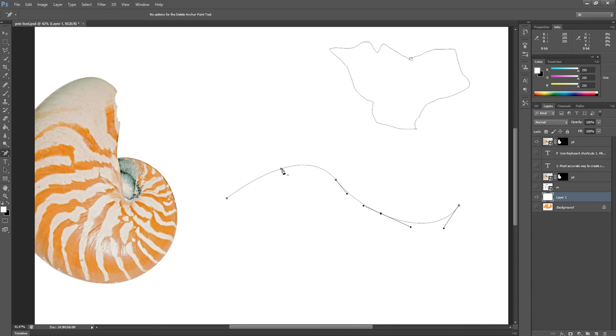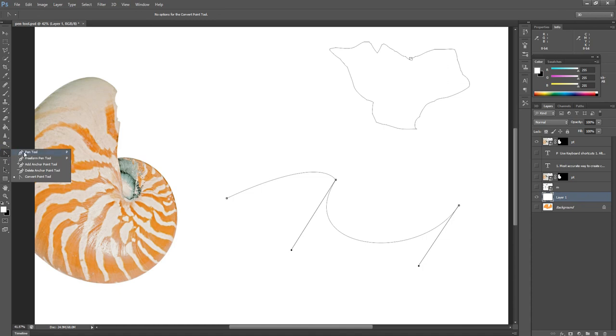When we go to the Delete Anchor Point, just press on any anchor point, and we can easily delete the anchor point. And again we have the option of Convert Anchor Point, so go to Convert Anchor Point, and if we want to change the shapes from here in any direction, we can convert the anchor points in any direction. So all these options we can use with shortcuts, just like this.